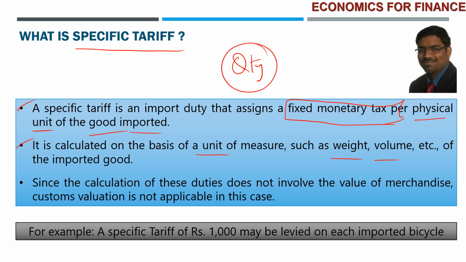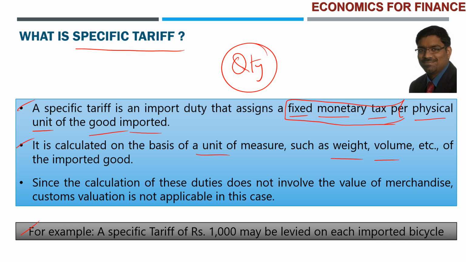So that is called as specific tariff. If you take example, for example, example only, don't think these are all real. Let us say a specific tariff of 1000 rupees may be levied on each imported bicycle. Like that government policy is there, let us say. So for each bicycle 1000 rupees. Maybe some bicycles are worth 2000 rupees, maybe some bicycles are worth 10,000 rupees, doesn't matter. According to this policy, if the government applies, though it is rare, if government says specific tariff is 1000 per bicycle, it doesn't matter what is the bicycle. Irrespective of the value of the bicycle, for each bicycle the government will collect a tariff of 1000 rupees. Like that it is fixed